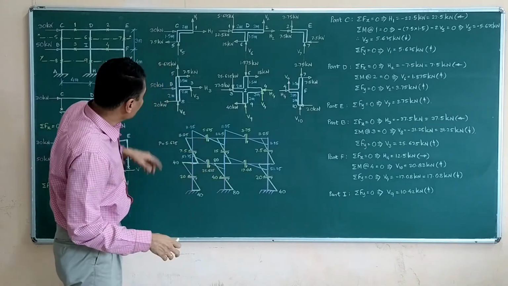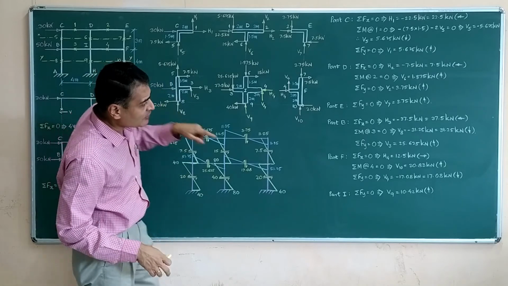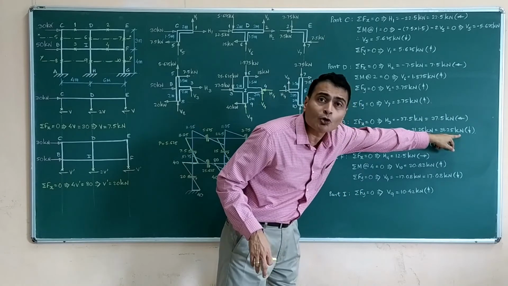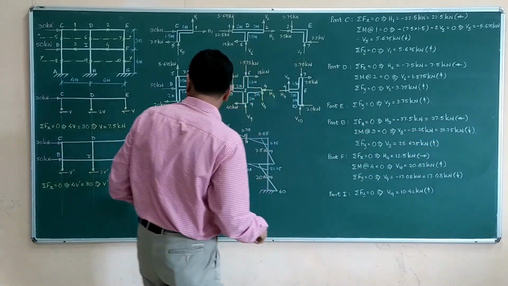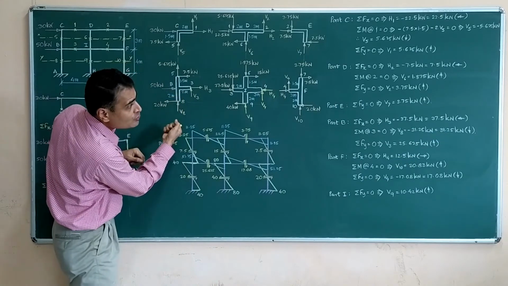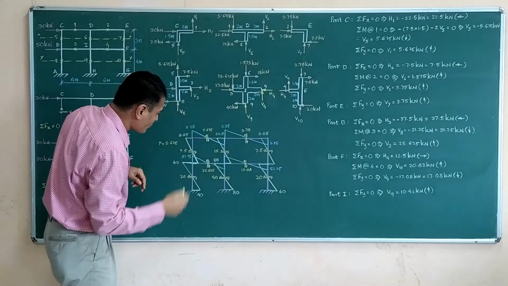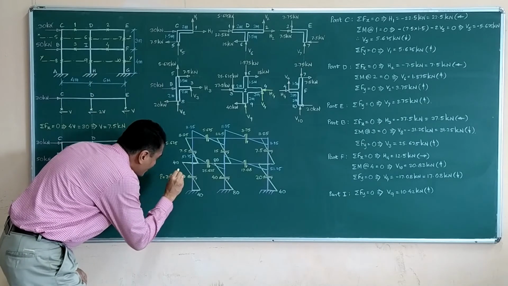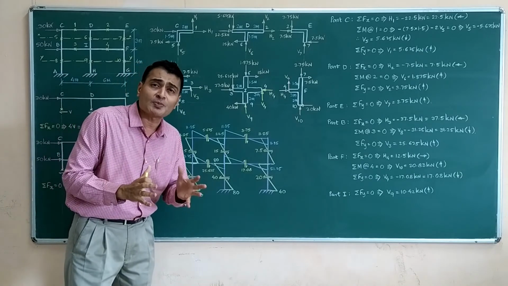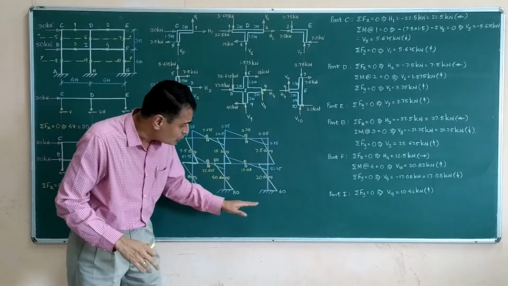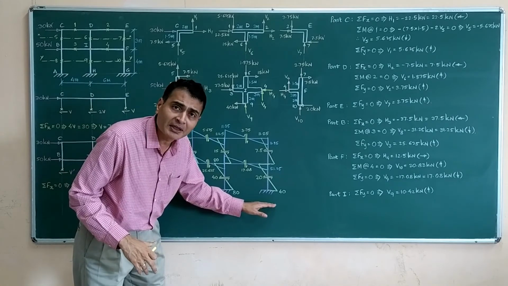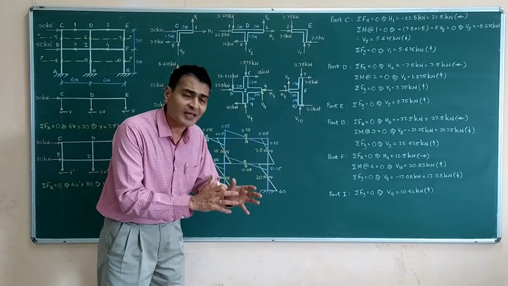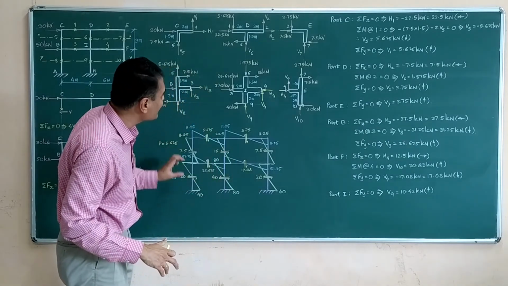Let us see. Similarly, this force V8, if you look at the answer for V8, it is 31.25 kilonewtons downwards. That means this force is going to be a pulling force, and the value was 31.25. So again I am writing here P is equal to 31.25. I have not written any units because the drawing becomes too complicated. You can write bending moments in kilonewton meter, shear force in kilonewtons, axial force in kilonewtons. You can mention like this. So these two are in tension.